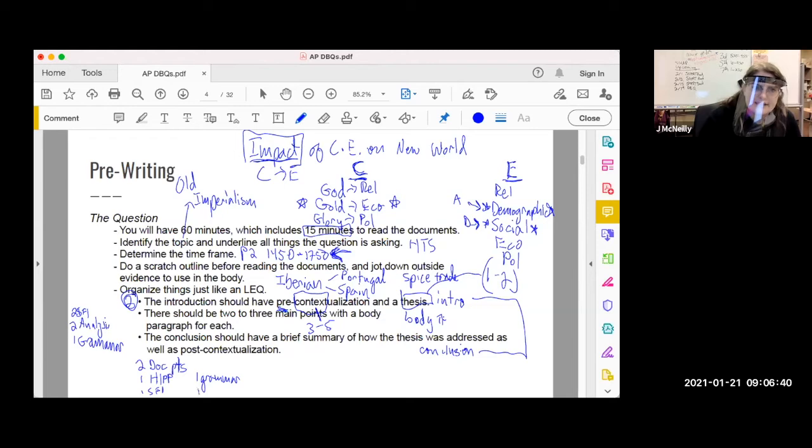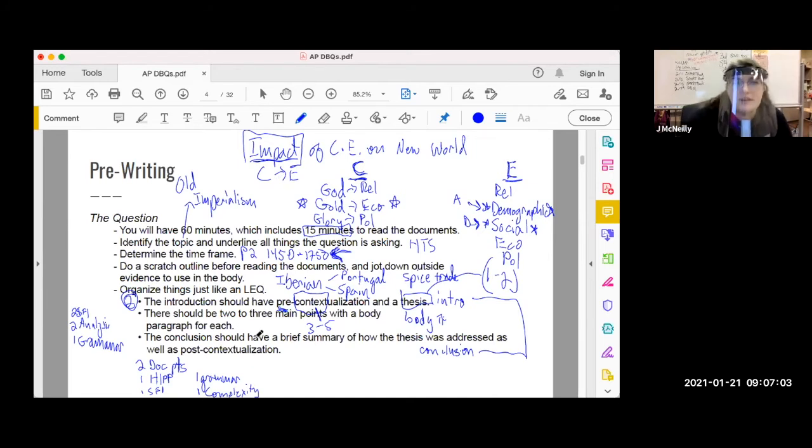Also complexity point. Almost forgot the complexity point. So some of these will be familiar, some of these will be brand new, but we're going to walk through each of these step by step. How many body paragraphs do you need? Well, 2. Okay, you could do 3, you could do 4 if time allows for it, but you need at